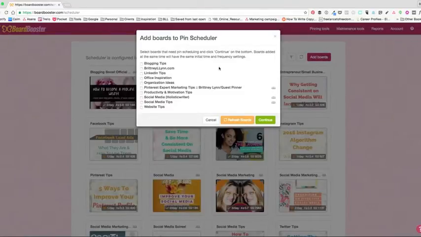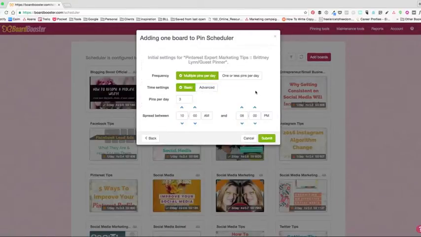And what will happen is any of the boards that you haven't already loaded to Pin Scheduler will pop up here. So we're gonna try and do this one, and we'll go to continue. Essentially what this is asking is how many pins do you want to schedule to this board to go out each day. So you could do multiple pins per day, or you could do one or less pins per day. And as I mentioned in the blog post,